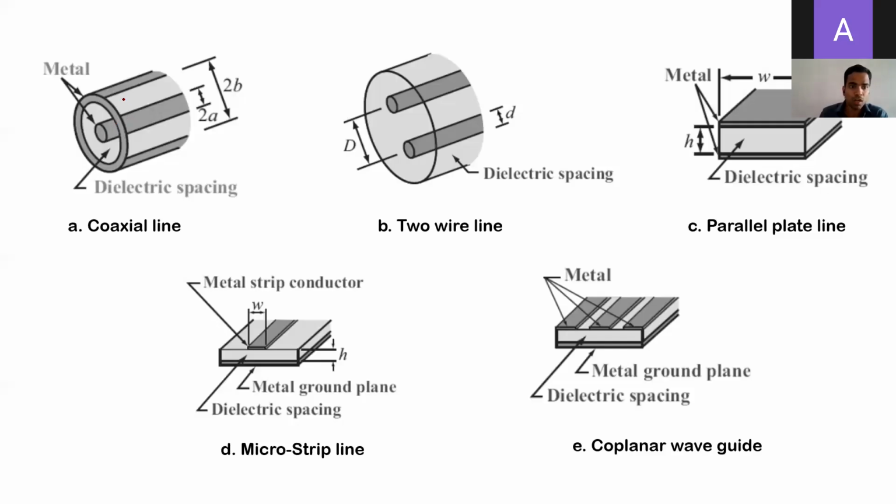Transmission line, exactly. So basically we saw it's a two conductor system. There is an inner conductor and there is an outer conductor. In case of coaxial line, in case of two wire line, the two conductors are parallel. In case of parallel plate capacitor, the two conductors are parallel to each other. And in case of microstrip,